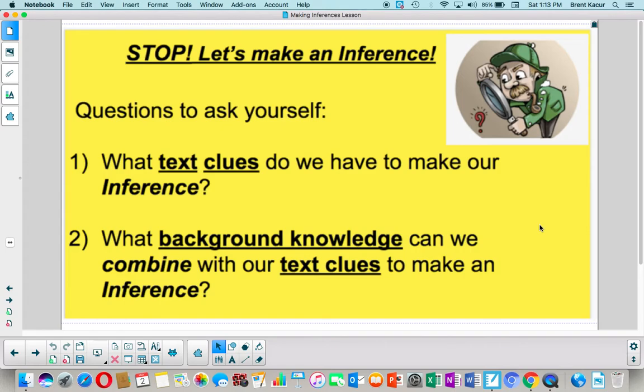fall out of the tree and something bad may happen to him, or I'm thinking maybe Scaredy Squirrel, based on all the context clues that I had and my own background knowledge, probably won't ever want to leave his tree again because bees are real and bees hurt. And he's probably so scared of getting stung by bees that he's just going to stay in his tree forever and ever and ever because he's had such a strong fear of bees. So those are both inferences that I drew based on text clues that the author gave me about Scaredy Squirrel and my own background knowledge